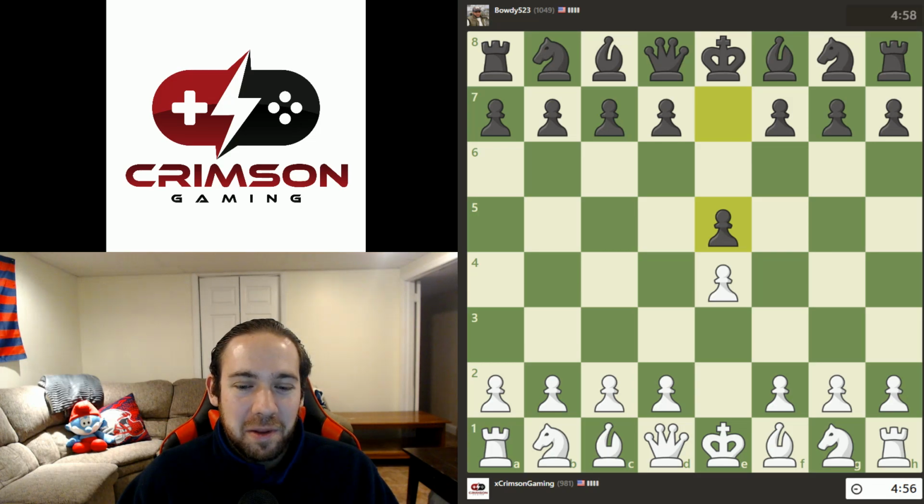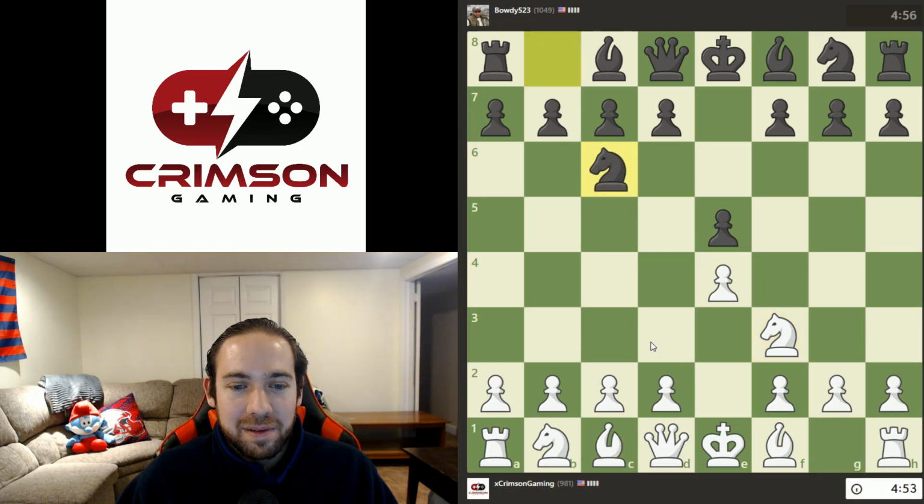So we're playing players in the 1000 rating level now, so we're moving up. Definitely should expect some better play. We started out with 1 e4, e5 by my opponent, knight f3 for us, and then knight c6 for him. We're going to play bishop b5 and attack that knight. We're ready to castle now,